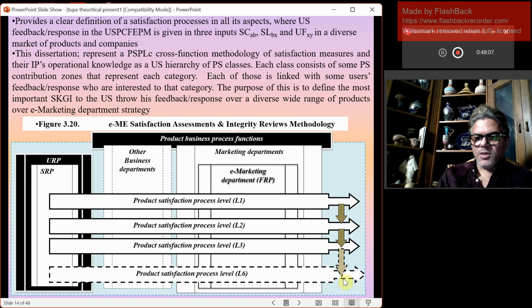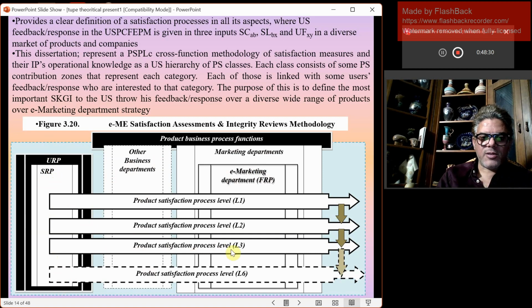And an interdisciplinary in the user satisfaction pyramid or the user requirements profile. This is the user requirements profile, satisfaction requirements profile, and the